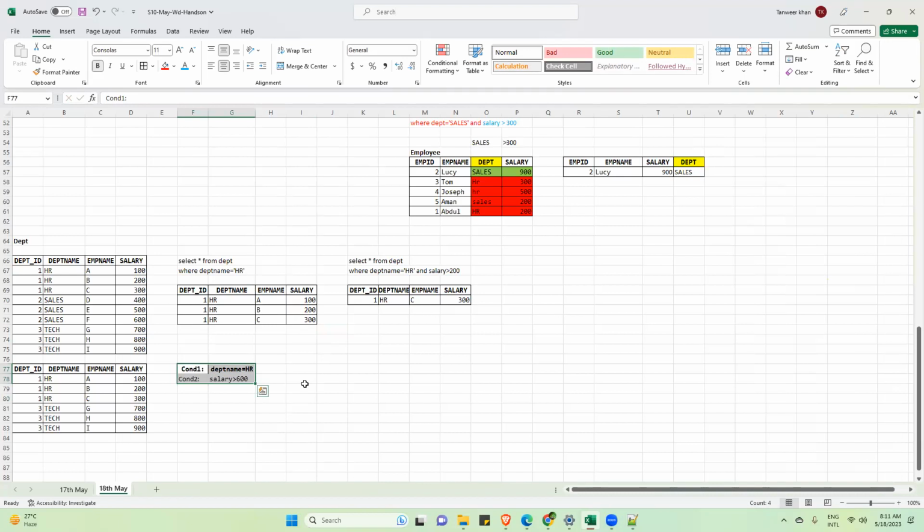No. It's not about both conditions being fulfilled. My manager is not telling that you have to fulfill both the conditions. The manager is telling that if the employee is from the HR department, that is good, display them. Or if he is not from HR, the salary should be greater than 600. It means my manager is telling the employees who are satisfying any of these conditions, let's display them.